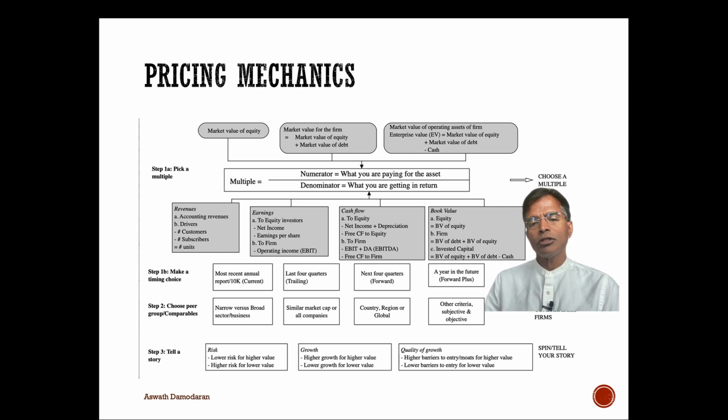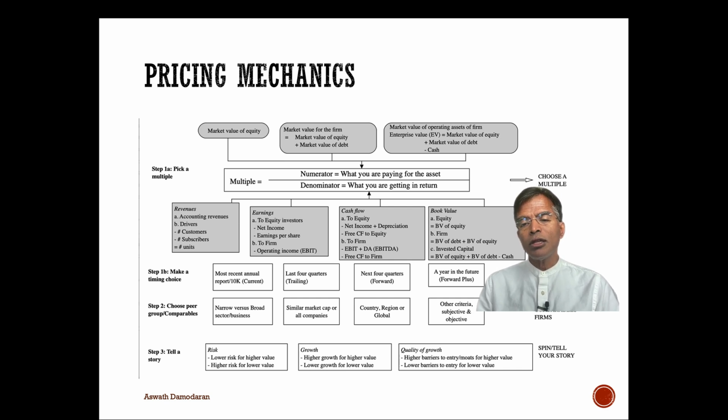Let's go through the process of pricing a company or an equity. The first thing to recognize when you're pricing a stock, you can't compare stock prices across companies because the price per share is in a sense arbitrary. What I mean by that is if I take a company like Nvidia, it was trading at 1100 just a few months ago and it's now trading at 110. It sounds like a big drop off in price, but it's really not because it did a 10-for-1 stock split. The number of shares multiplied tenfold.